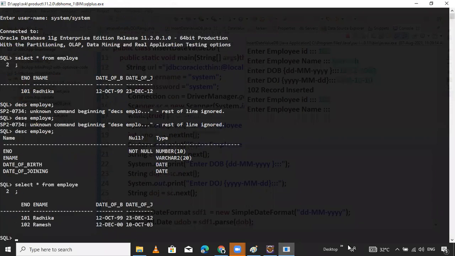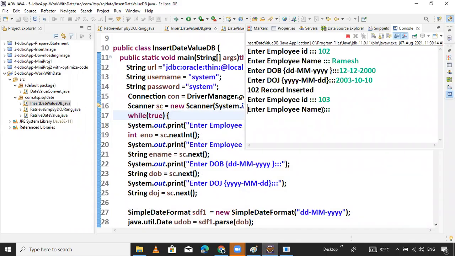The record is inserted. I want to insert at least 5 to 6 records, so we get clarity on the data within the range.